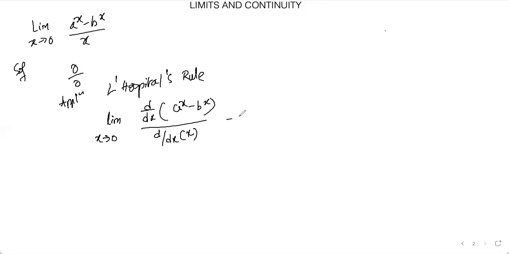Now differentiation of a power x will become a power x log a, minus differentiation of b power x, which will be b power x log b,